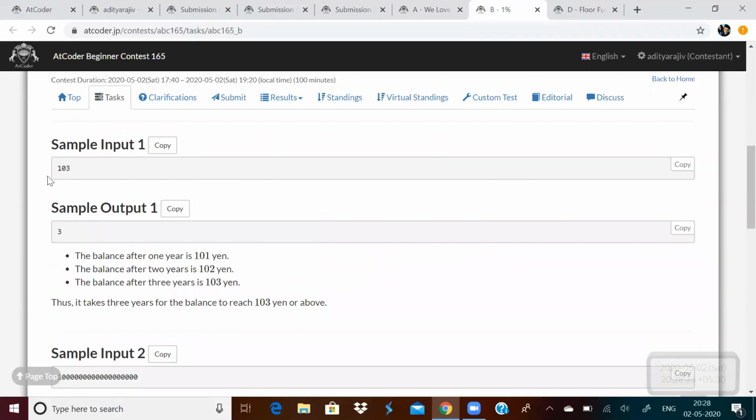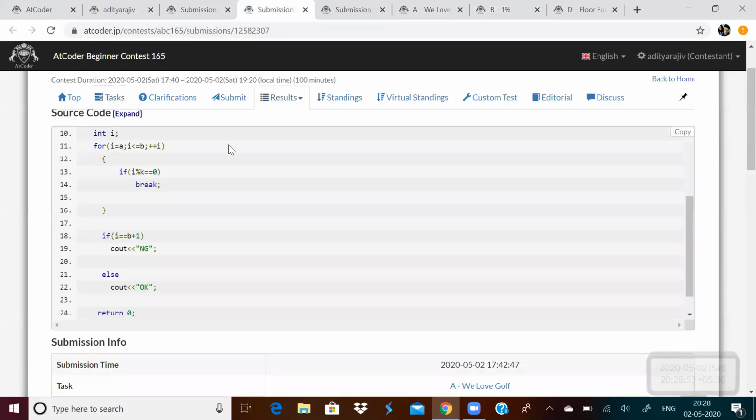So if we look at the test case example, for example, if X is 103, initially we have 100. In the first year, we'll have a balance of 101. Second year, we'll have 102. Third year, we'll have 103. So as soon as we get a balance equal to X, we should break and print that number.